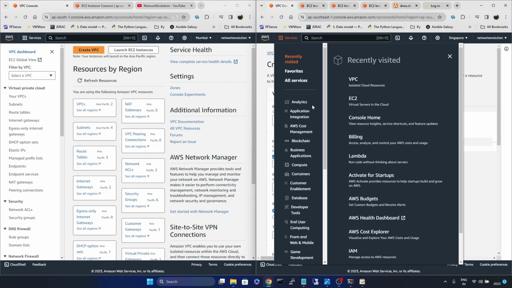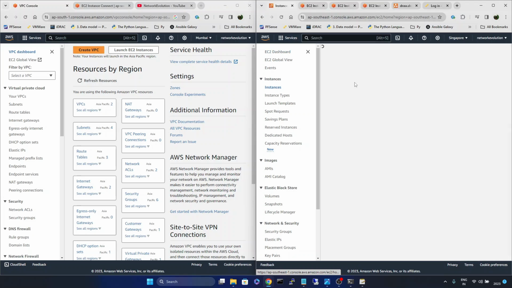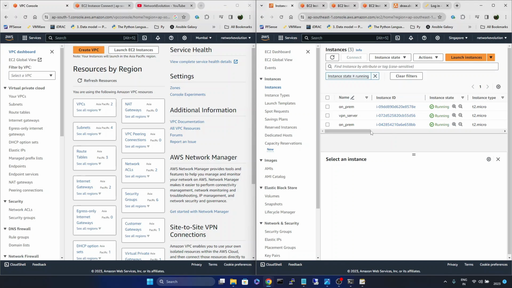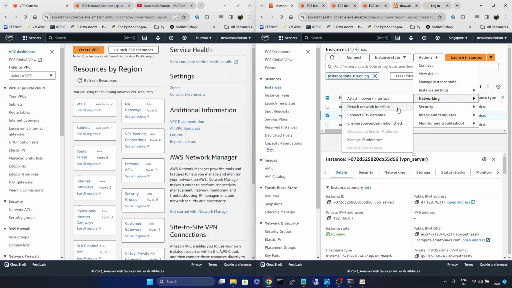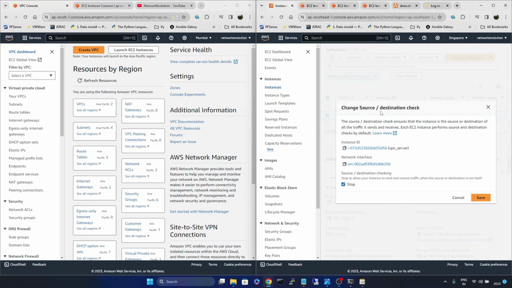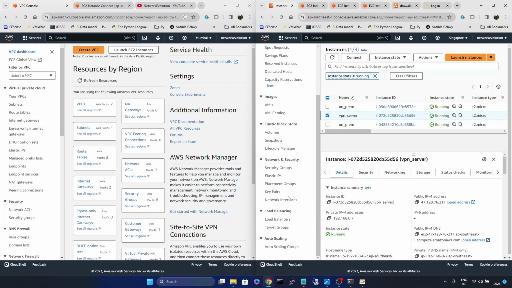Then in the VPN server, we have to make one particular configuration change. Go to the VPN server, click on actions, networking, and change source destination check. Because this is going to act as a router for forwarding the VPN traffic, we need to add even a routing table here. I'll open the route table,